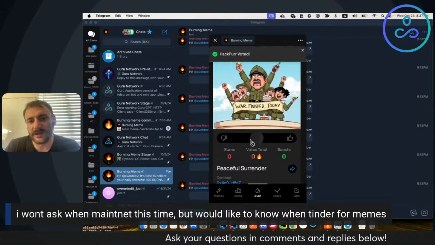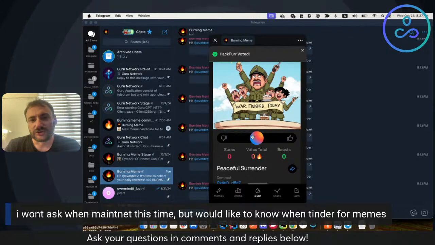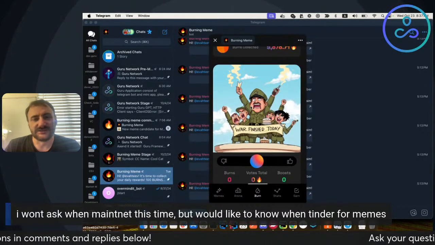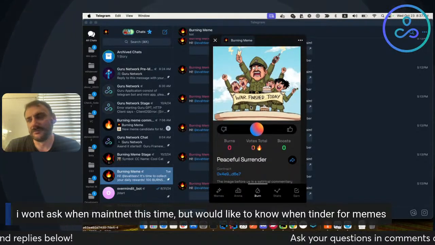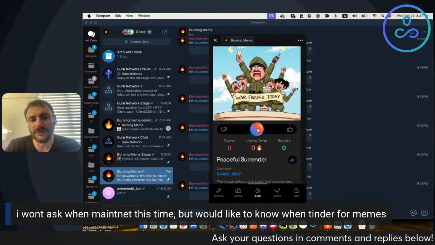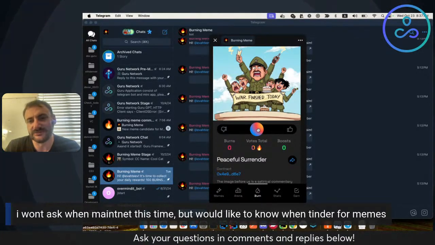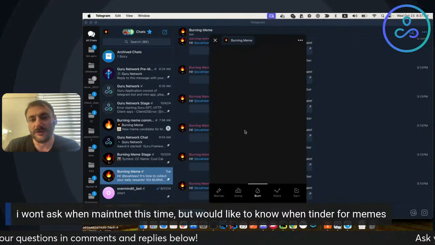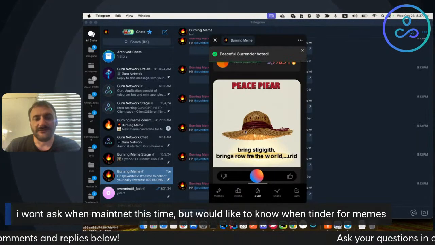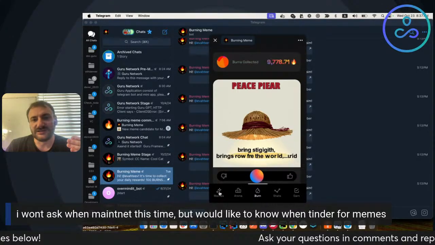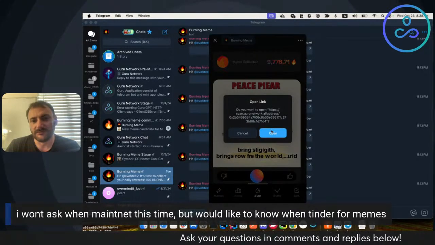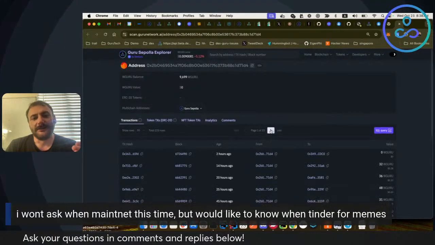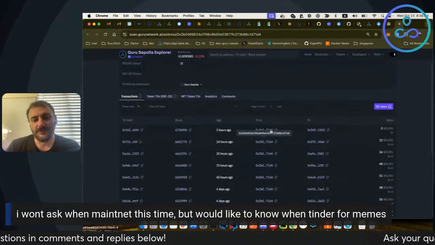If you're more into shorting this thing, expecting it to be dumped even before voting is done, and you want to earn some of the stakes from people who bet, then you vote for burns. So this is like a Tinder for memes, and it's currently operating on Guru Network testnet.